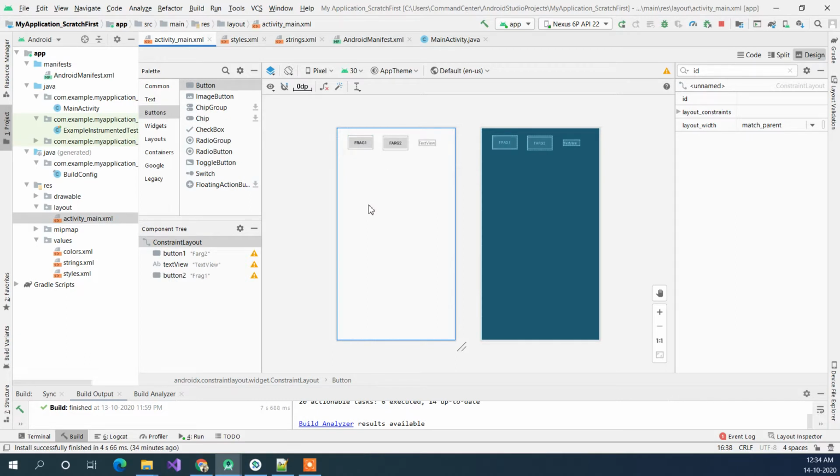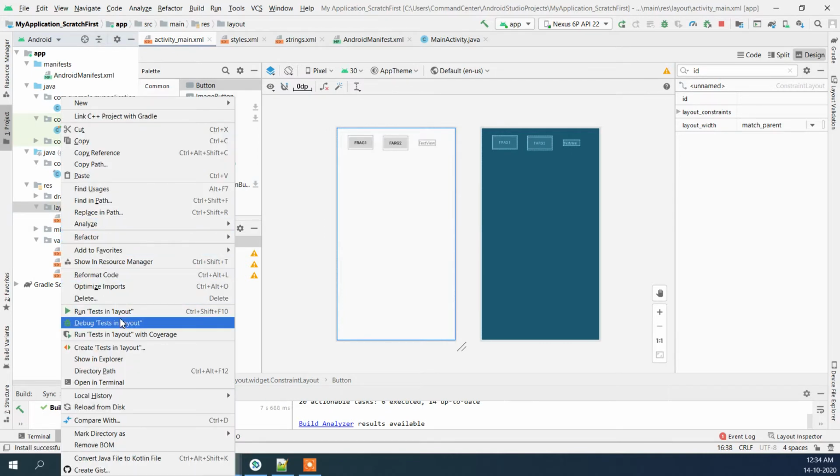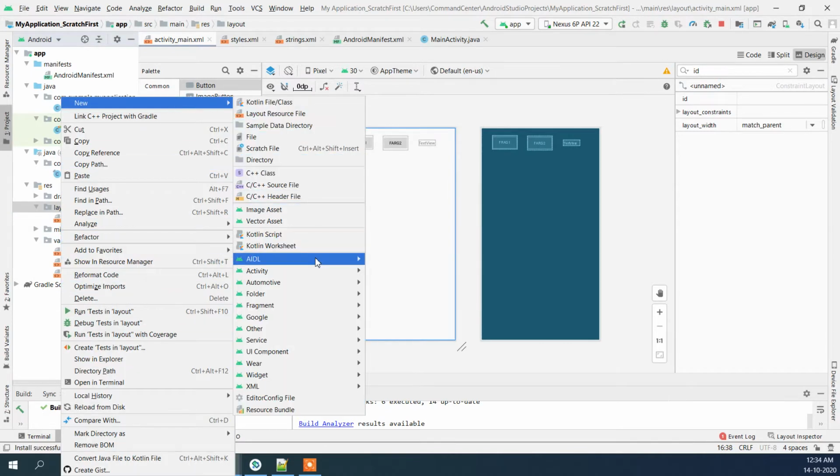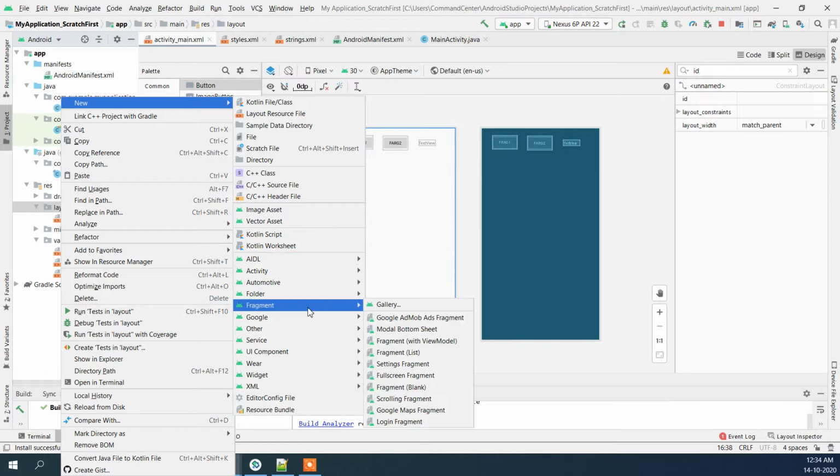In order to start this, we need to have fragments. Fragments can be added by going to the layout and right clicking on it, go to New, and inside that we need to use Fragment, and we will be using Fragment (Blank).